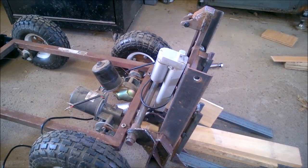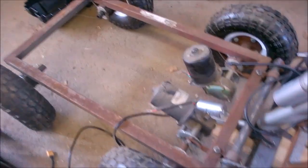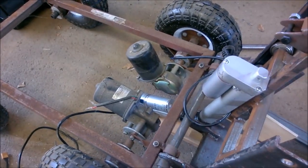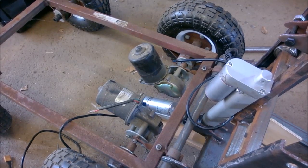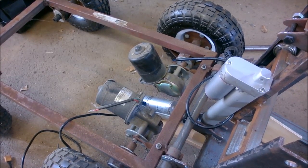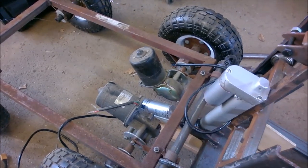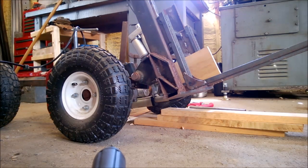Shouldn't be a problem. Should be okay. So we'll weld in a temporary bracket down in the bottom at this position. And then we'll do it once under power just to make sure, for a sanity check. Then we can weld it in solid. All right, this video is as much for me as it is for you. I get to watch the angle that thing goes through as I